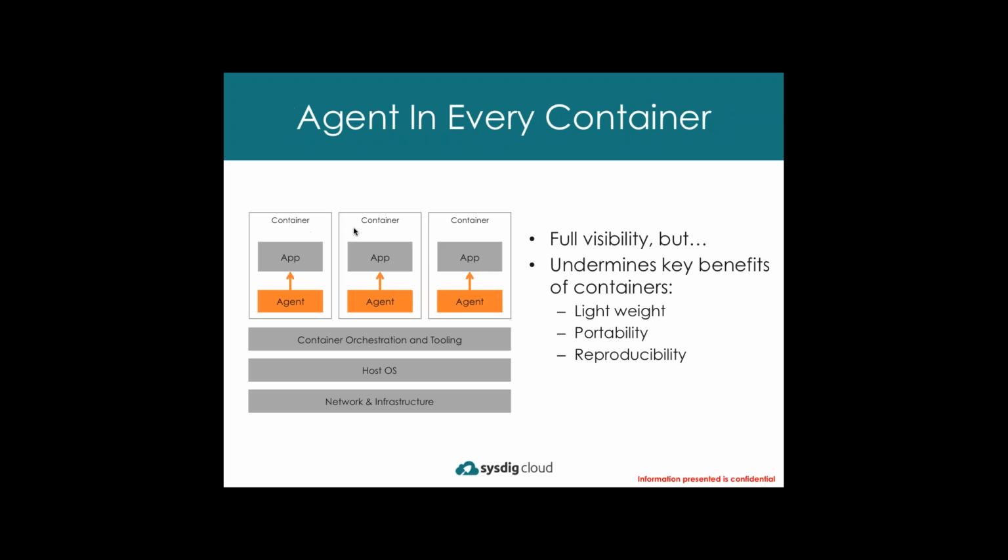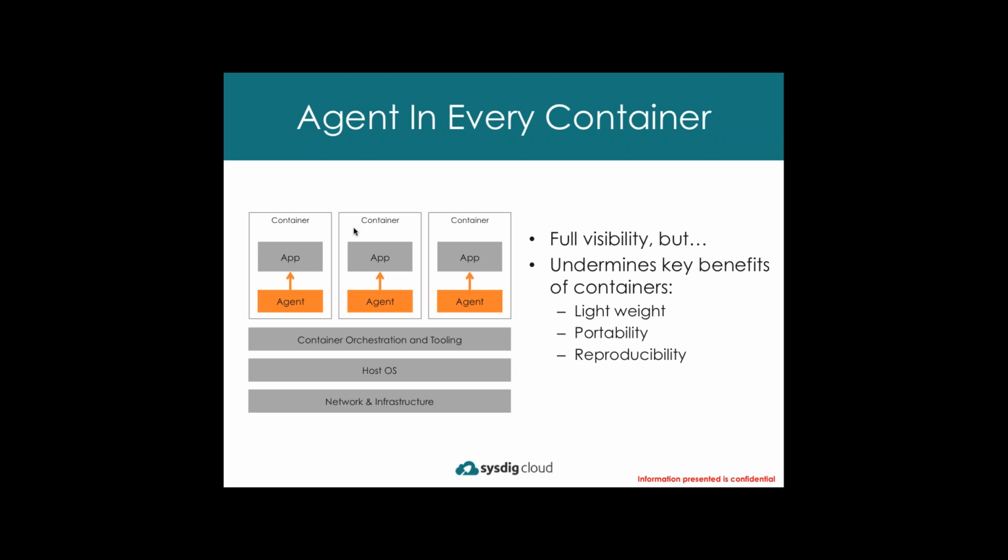I'll get into this in a minute, but I want to talk about the first two before we get into that. So the first approach here is we could take that agent that was designed for a virtual machine, and we could install it inside each one of the containers in our environment. We could essentially treat those containers like virtual machines. This has one really significant upside, which is that suddenly we have full visibility into our containers. We can instrument the applications inside of them. They're no longer black boxes. We know everything that's going on. Unfortunately, there's a lot of downsides to this that make this approach pretty much unviable.